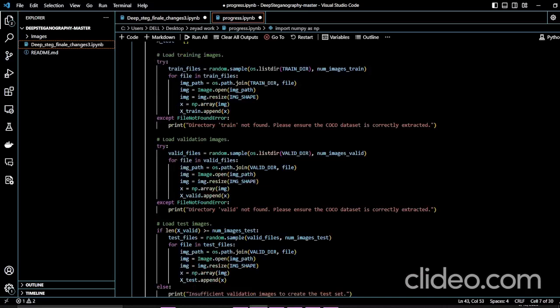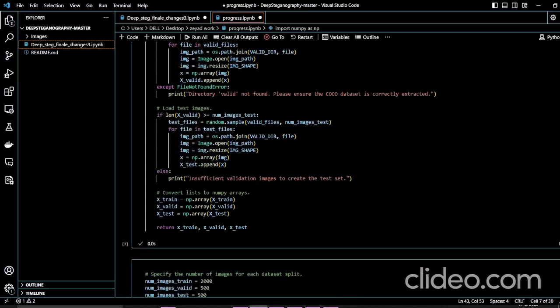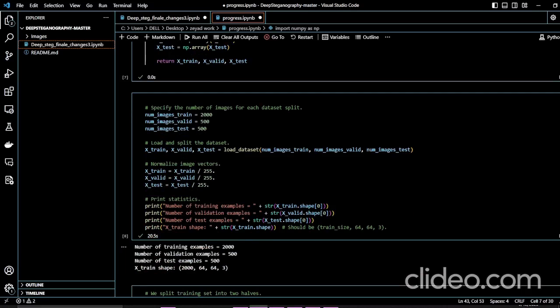As you can see, here we're specifying the number of images for each dataset split. For train we have 1000, for valid we have 500, for test we have 500. We're loading the split, normalizing the image vectors, printing some statistics, like the number of training examples and the shapes of the train